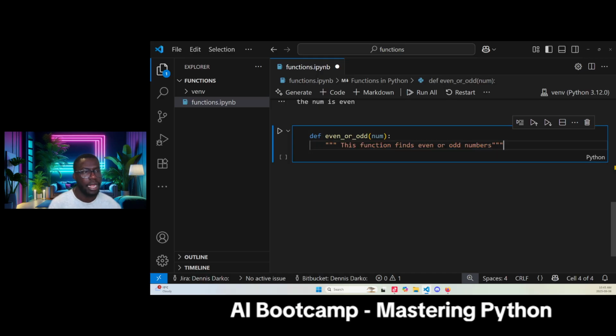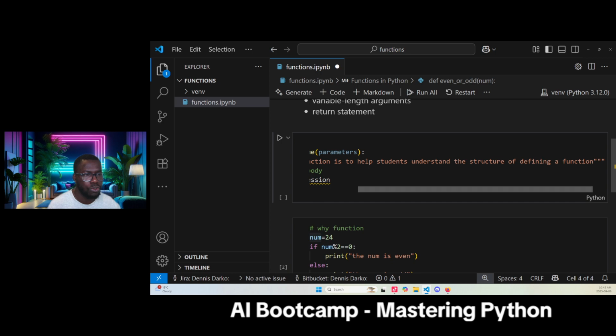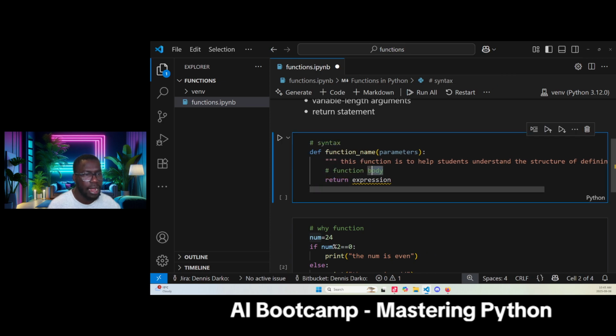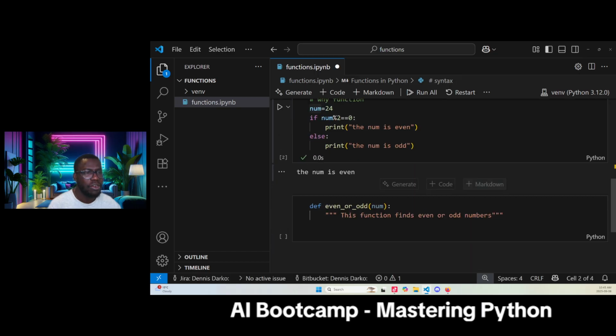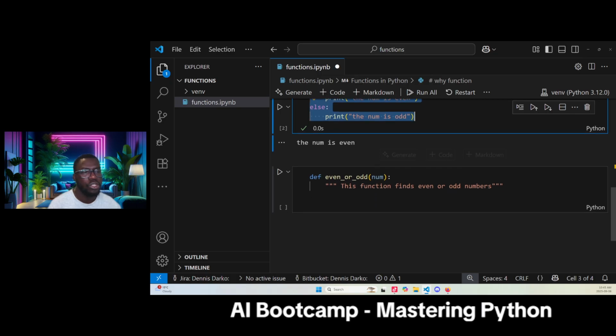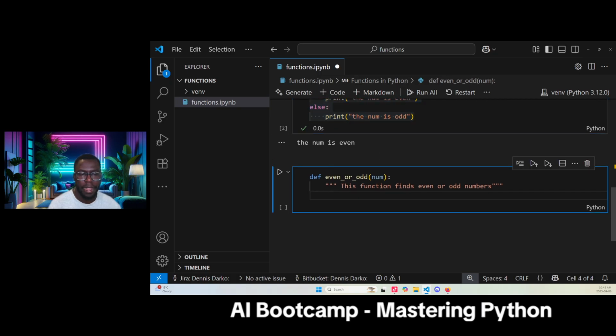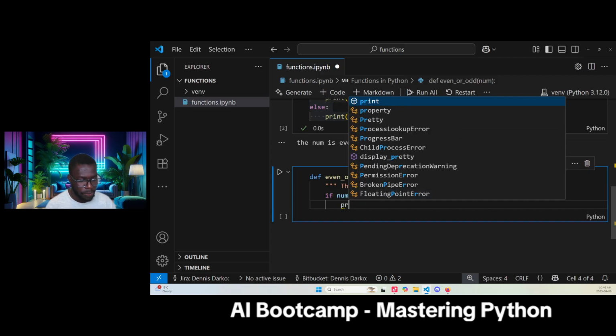All right, and now our next thing will be what? Let's go to our expression. I just want you guys to understand the guidance. Now our next thing is what we call the function body. So all this if else condition here is going to be my body here. So I will just say if num modulo 2 is equal to 0. If num modulo 2 is equal to 0, what do I do? Then I just print